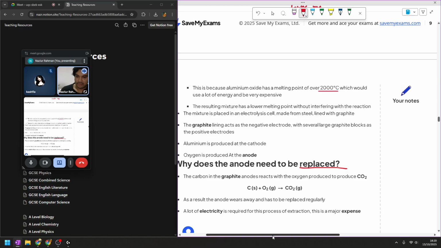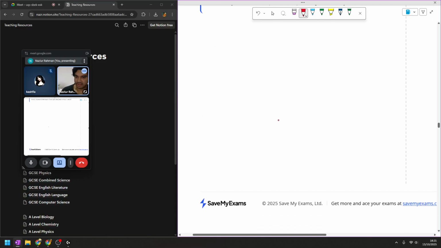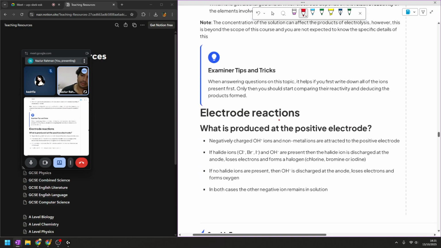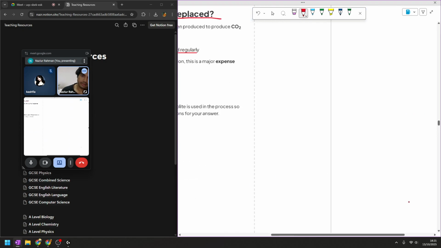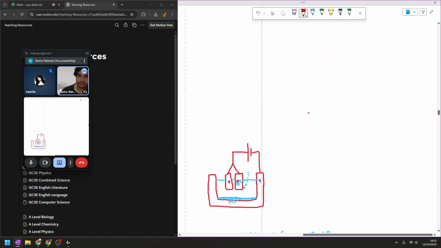So the carbon in the graphite anode reacts with the oxygen produced to produce carbon dioxide. As a result, the anode wears away and has to be replaced regularly. A lot of electricity is also required, so it's a major expense. This is why aluminium is expensive. So that's the reaction, and at the anode, the positive electrode,